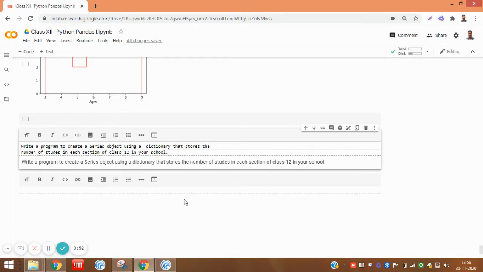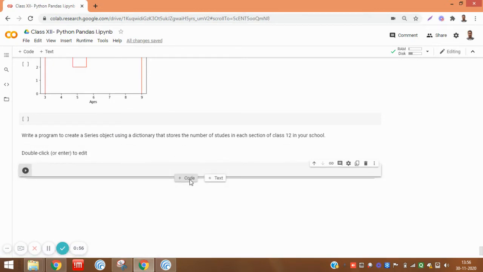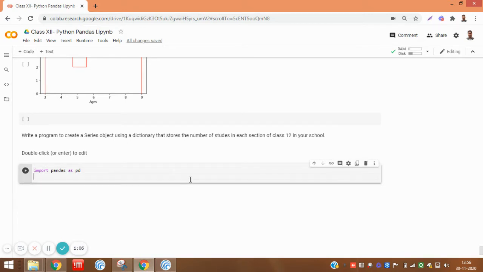Here is the code. Import pandas as pd, and we take the students as a dictionary.